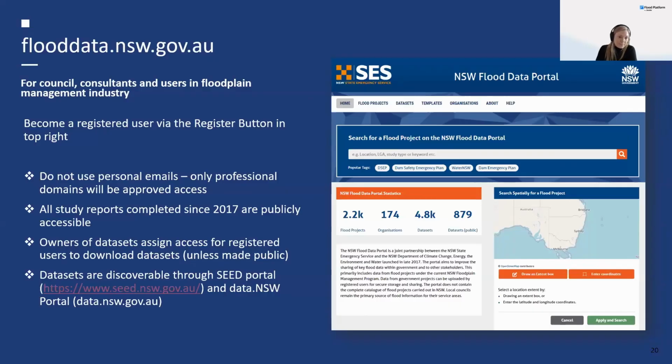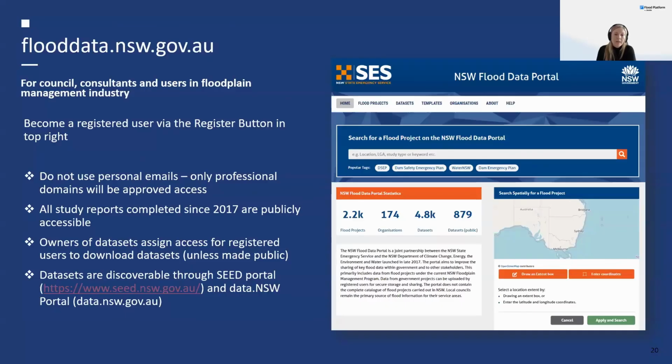You can access it. And from 2017 onwards, all of the data that was uploaded into the flood portal is publicly accessible. There are some that require special licensing and you need to contact the owners. But generally, there's a lot of great data out there. And that doesn't just include flood reports.